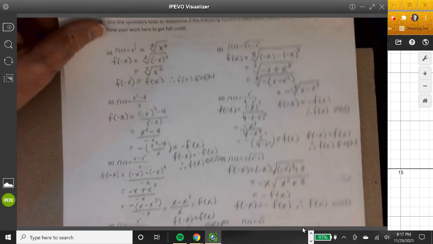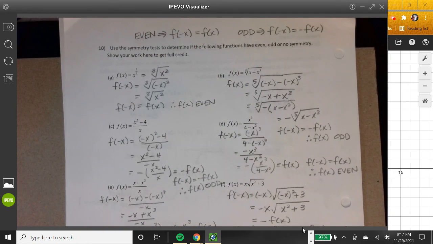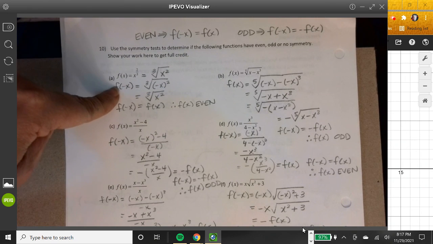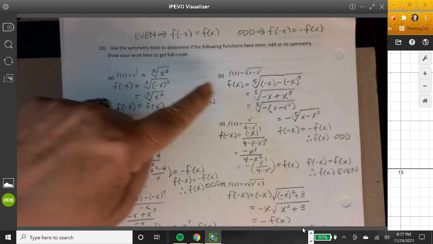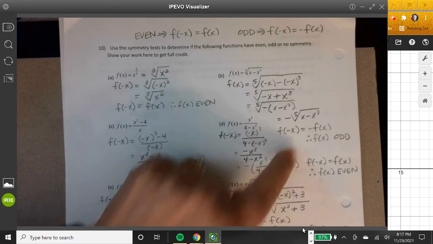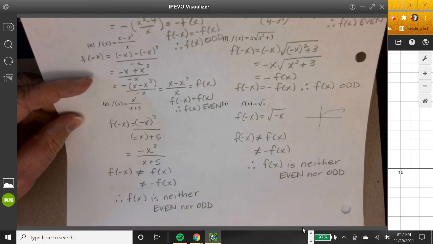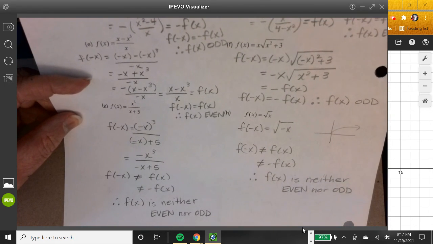All right, and symmetry. This is even symmetry if you are symmetric with respect to the y-axis. And algebraically, what do you do to prove it? You plug in negative x and see if you can find the original function or the opposite of the original function. And if you can't find either, it's neither even nor odd. Okay, so I wanted to do a quick video on domain